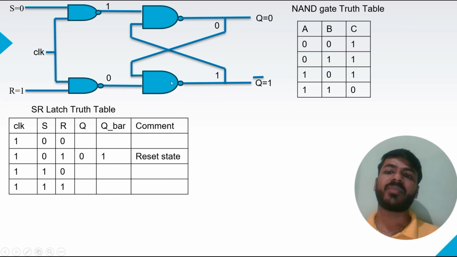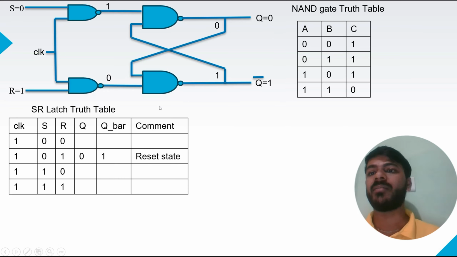Okay, now again, as I told you, as per the truth table of NAND gate, if one of the inputs is 0, we can directly predict the output is 1. So here you can see one input is 0. I don't know the Q, because Q is the feedback. So I can directly consider Q bar is 1. Now this Q bar is going as feedback for this NAND gate. So 1 and 1 output is 0. So here we got the complement of Q bar, that is Q, that is 0. Q bar is 1, so the complement of Q bar is 0. So now when my value of S is 0 and R is 1, my flip-flop is in the reset